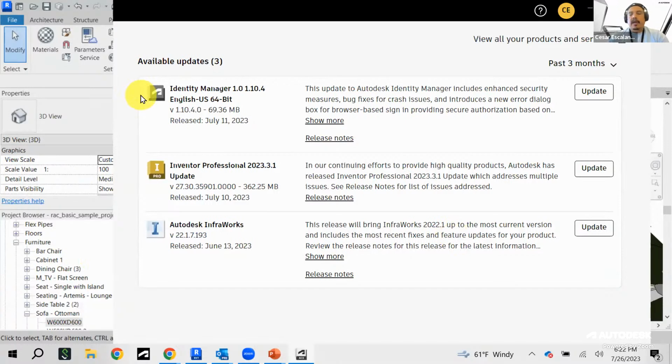For example, I have everything installed, so I don't have anything to install, but I'm behind on the Inventor updates and the Infraworks updates, and you don't have to do it right now. Do it at your own time, because it takes time to update. But if you want the latest and greatest incremental release, just hit the update button and it will fix things on the versions and